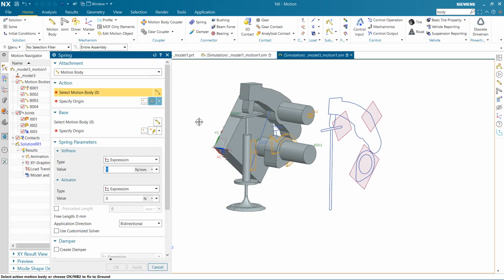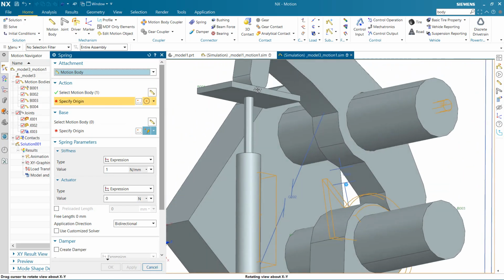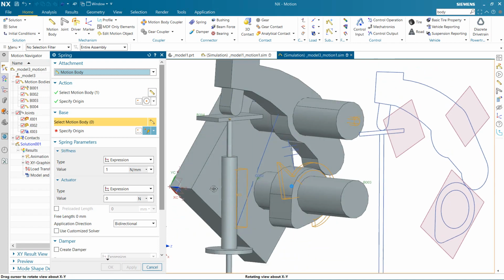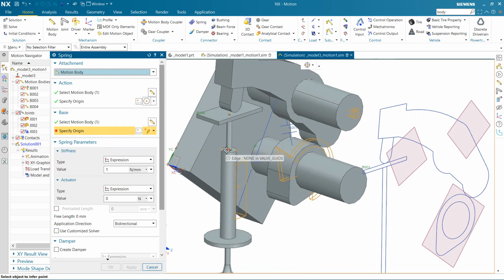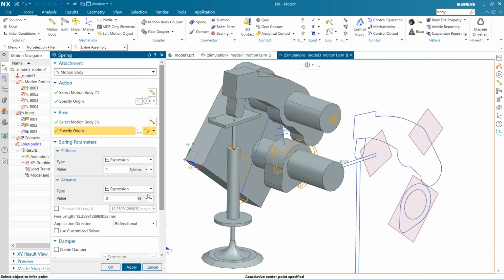So, spring attached. You just choose a motion body for them. The origin for this part here, you should choose around that. Okay, so the second base is this one, and the origin is here. Okay, so this is a preloaded length.